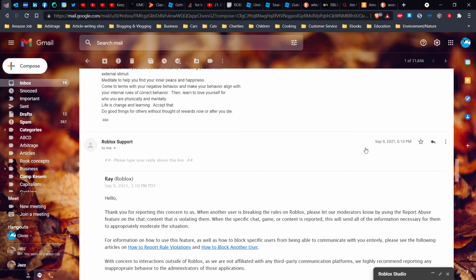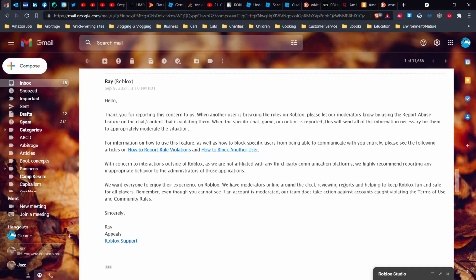So I got a response from a different person, of course. "Thank you for reporting this concern to us. When another user is breaking the rules on Roblox, please let our moderators know by using the report abuse feature on the chat content that is violating them." It had nothing to do with chat. "When the specific chat, game, or content is reported, this will send all the information necessary for them to appropriately moderate the situation." I do, whenever possible, report players for bad behavior, or for exploits, or for saying things in the chat that are